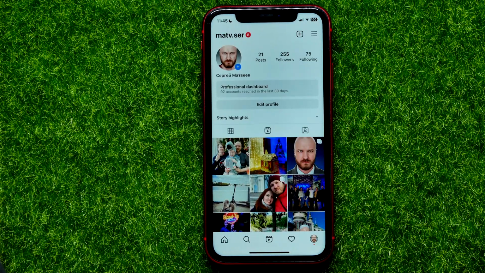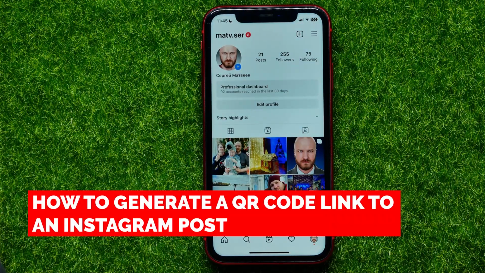Hello guys, welcome back. In this video I'm going to show you how to generate a QR code link to